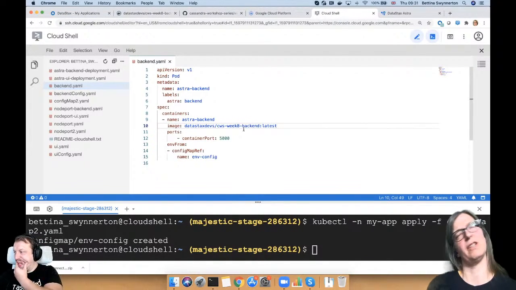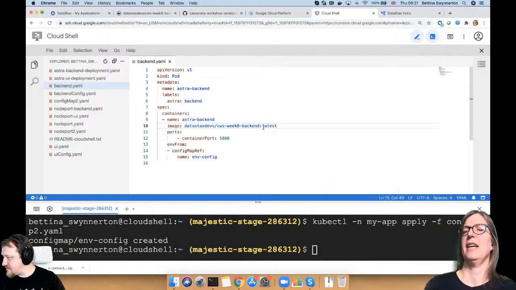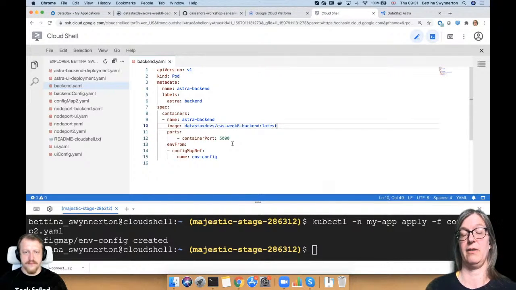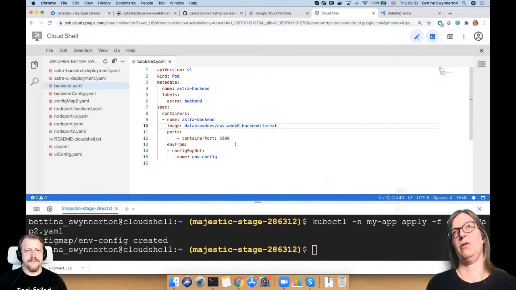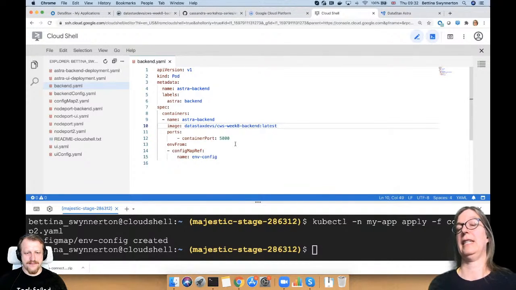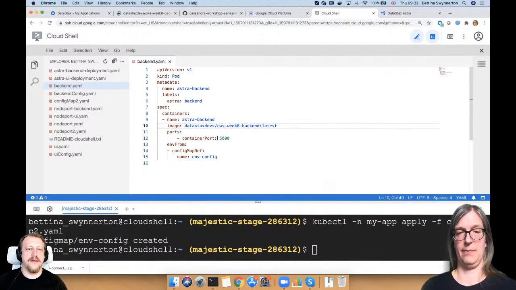I'm not entirely sure whether you need to specify the tag, but if you don't specify the tag, it will default to latest. So I just put that in there. And we will be serving on the container port 5000. We've built our application this time to use port 5000 again. Remember, in week 6, we worked around the fact that port 5000 was blocked on the EC2 instances, so we built it for port 9090. But the default port for this Flask application is port 5000. We're staying with that today.